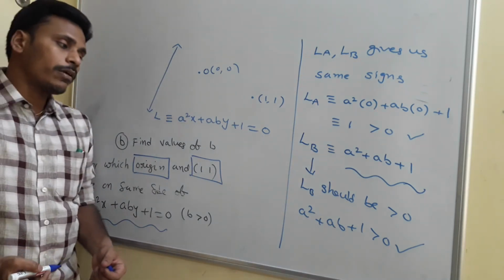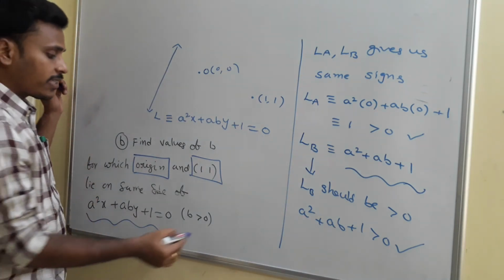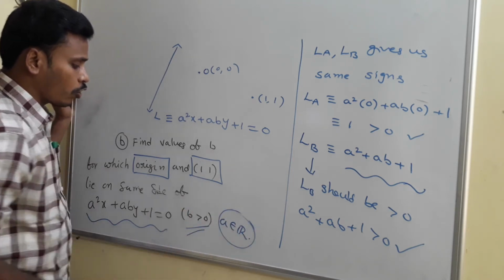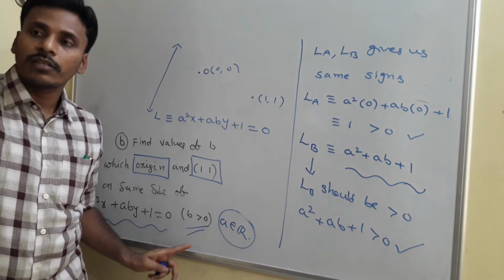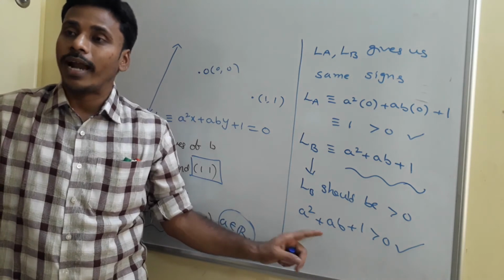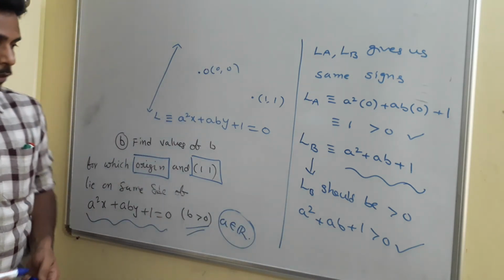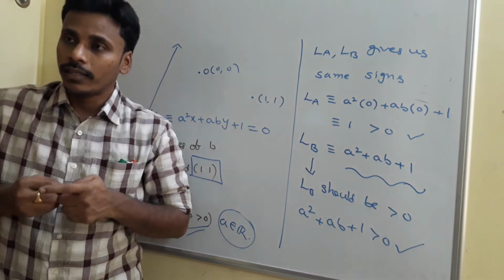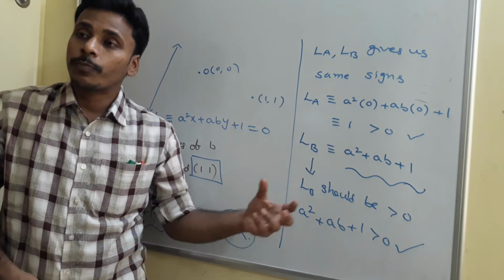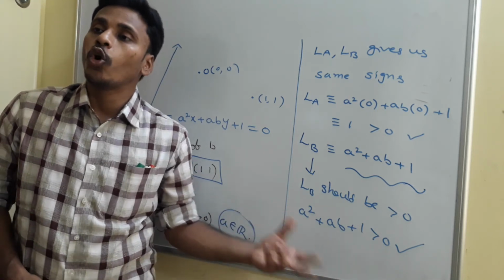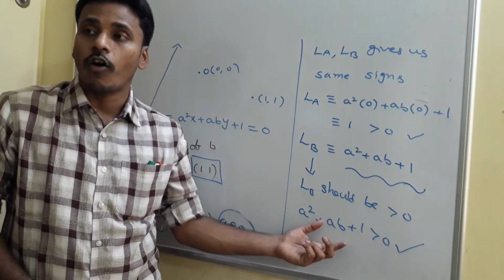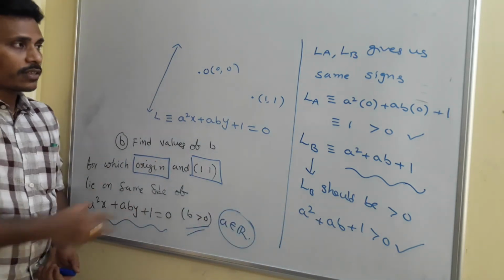Since a squared plus a b plus 1 is greater than 0 in the relation, as they mentioned, b is greater than 0, and a belongs to R, that is also included in the question. With these two parameters, a belongs to R and b greater than 0, by solving this quadratic for b, you need to get the values of b, right? Do you know about the quadratic things? This expression is positive whenever it has no roots. Everything you get from the quadratic expression after this, I will explain in this case.